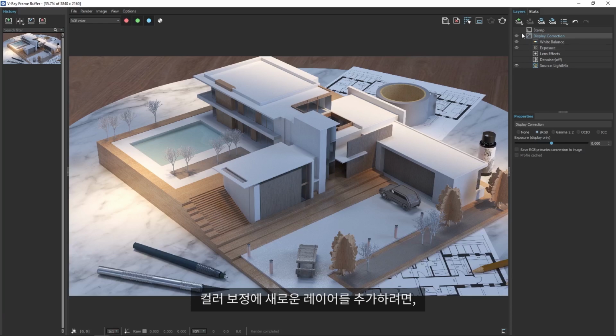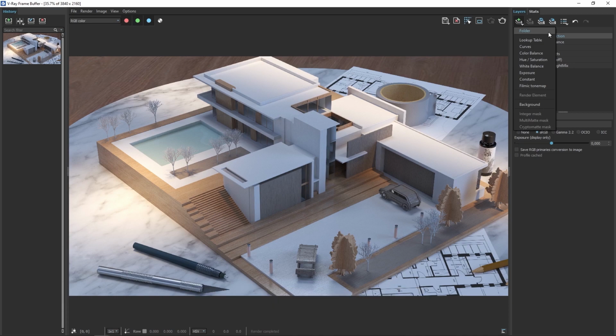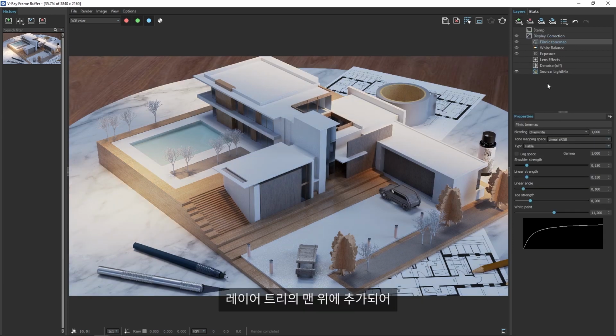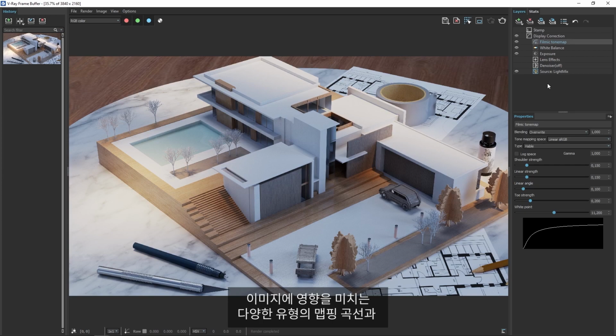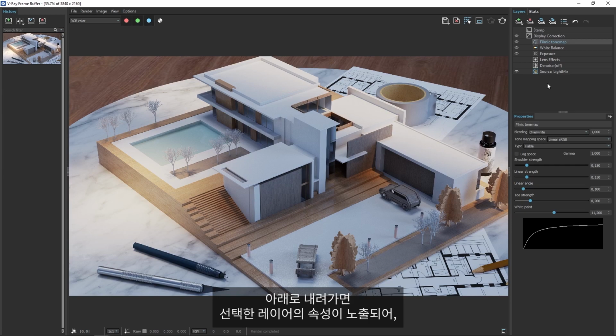To add a new layer for color corrections, simply click on the green plus icon, and then you can select from a range of color corrections and tools for adjusting the image. For example, if I click on the filmic tone map, you'll see that it is added to the top of the layer tree, and allows us to choose from different types of mapping curves and gamma corrections for affecting the image. Down below, you'll see that the selected layer has properties exposed, which we can adjust to fine-tune the look